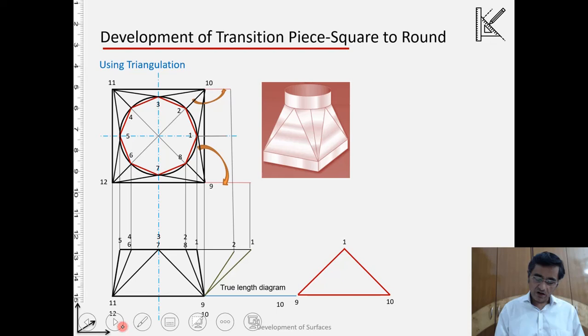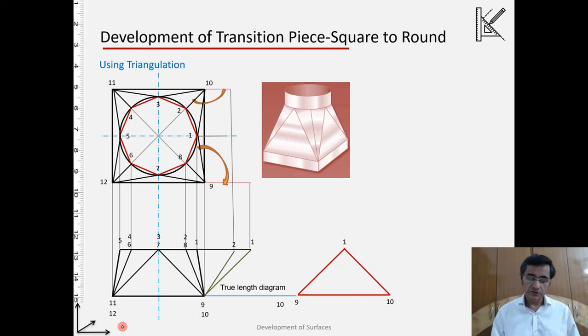Okay, let us do that. So if I take the arcs, so point number 1 is located. So it is this triangle. So if this point is say 9, this is 10, so the point number 1. So this triangle 1, 9, 10 is like this. Now from this 1, 9, 10, you can see I have got a connected triangle which is 1, 8, 9. Now in this 1, 8, 9, I know 1, 8. Again, why I know 1, 8? Because this circle I know as the true shape, and within that I have made these chords, so I know the true length of these chords.